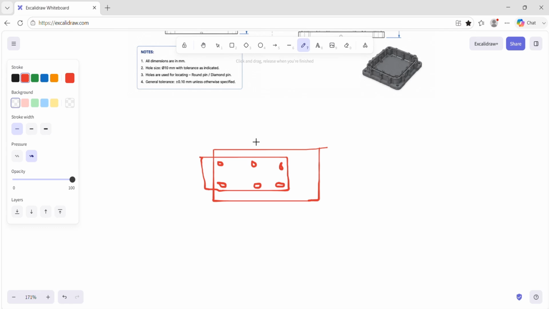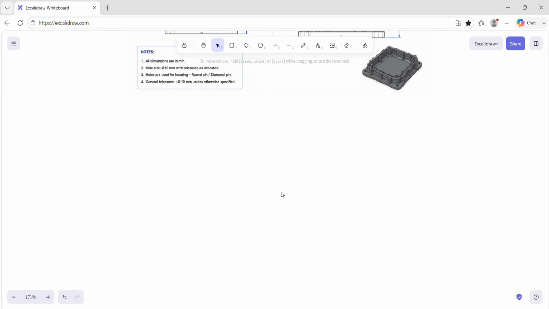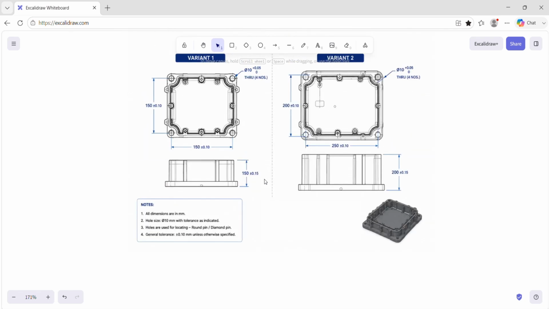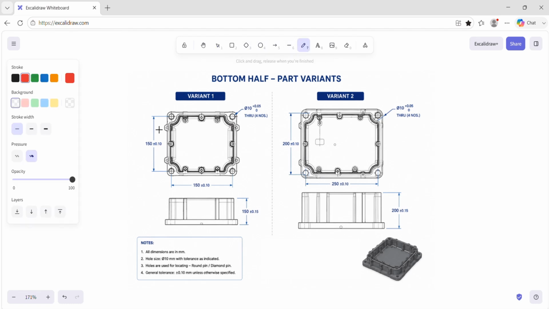So let's consider that we don't have any common hole. Now what should we do? If we don't get any common location, the next step is to see the distances. We have these two parts, one with a 150 mm center distance and one with a 200 mm center distance.